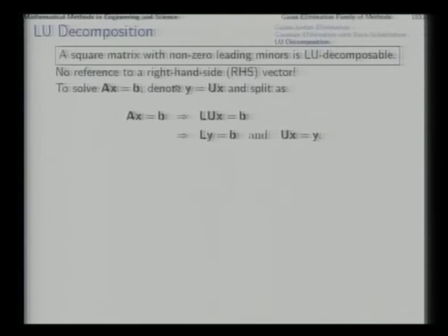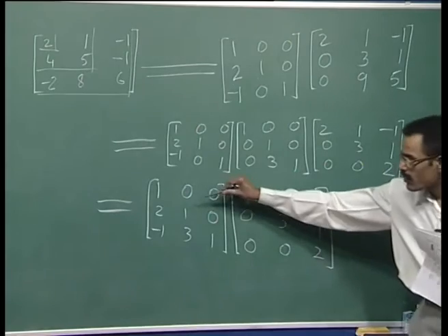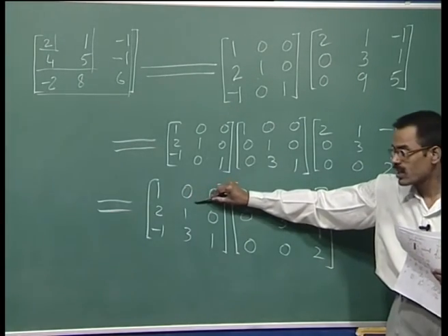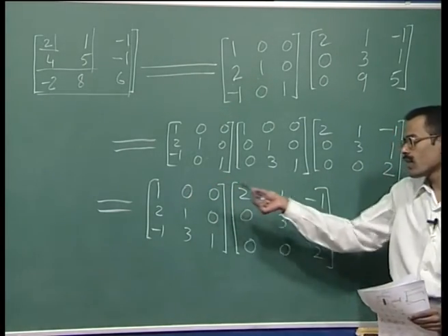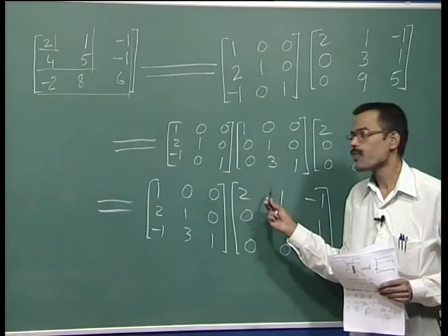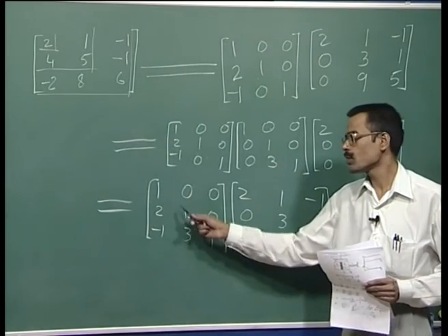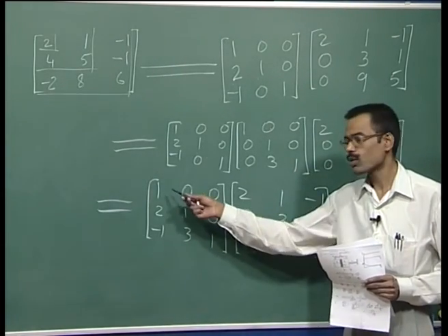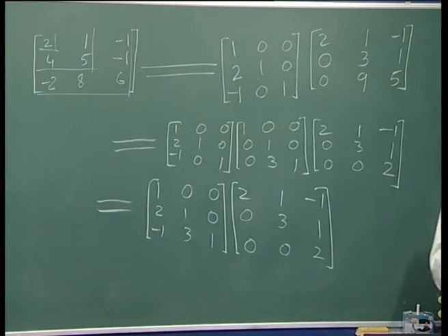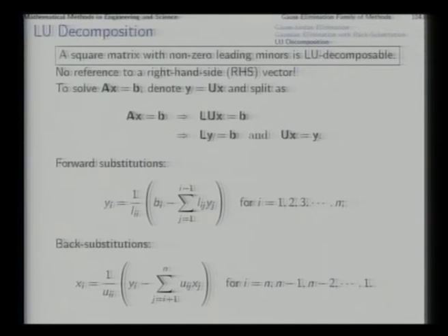Now, since b is known and the lower triangular matrix is known, y can be immediately determined through a process of forward substitutions, because if this kind of L matrix is sitting as the coefficient matrix, then the first equation will have only y1, which we can determine. The second equation will have y1 and y2. After determination of y1, y2 can be determined, and so on. So, these are forward substitutions. So, through a series of forward substitutions like this, we determine the complete y, from 1 to n.